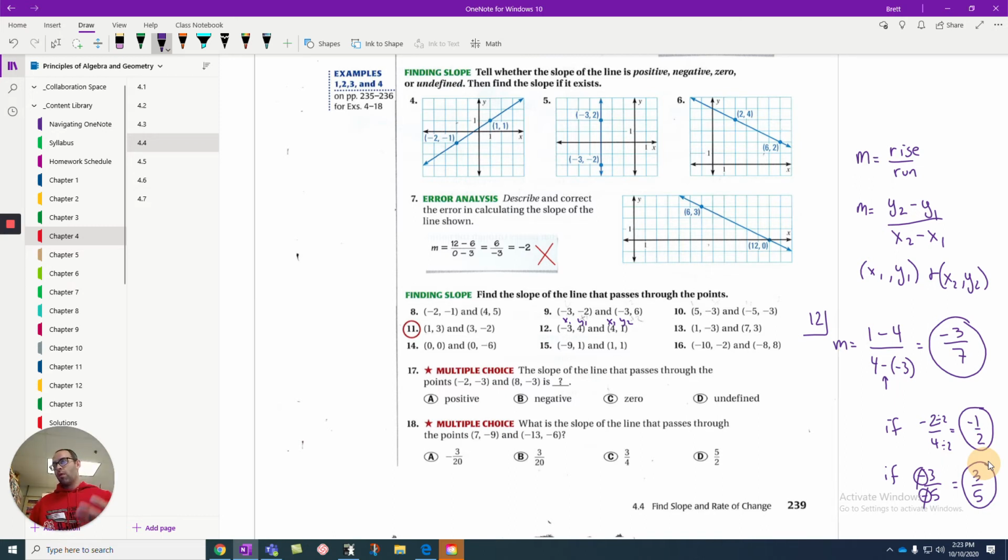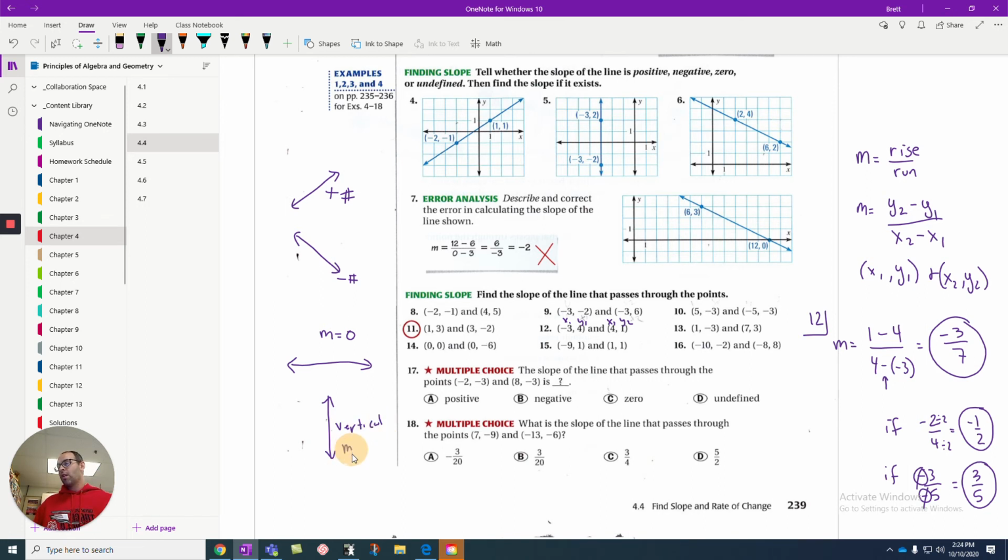But there are four basic solutions you'll get. You can get a positive number if the slope looks like that. You can get a negative number when the slope looks like that, when the line's dropping downward. So you will get positive numbers, you'll get negative numbers. Occasionally you'll get a slope of 0. And a slope of 0 means that it doesn't go up, it doesn't go down. It's flat. Then there's the slope that's a little weird. What exactly would we call a slope that looks like this? Well, it's so steep that there's no run. It doesn't ever go side to side. This type of vertical line